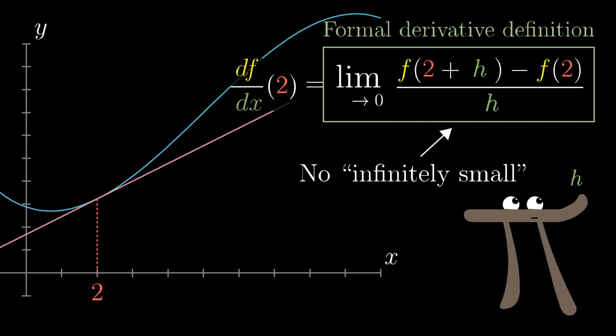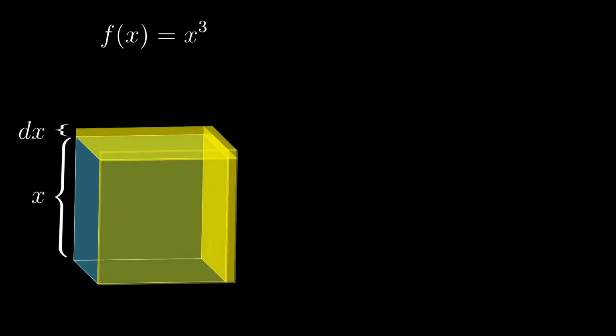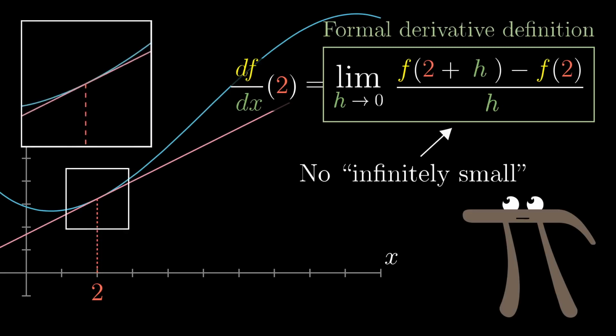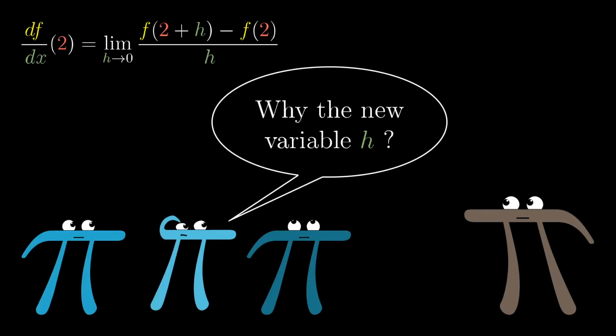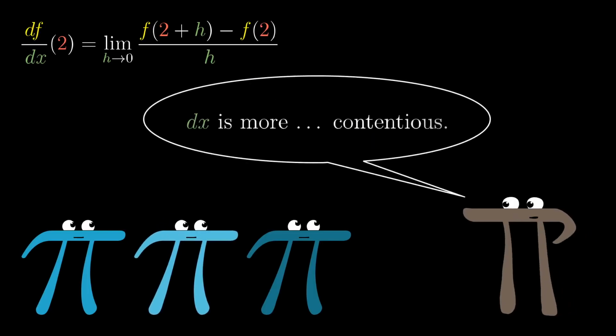This value h is the exact same thing as the dx I've been referencing throughout the series. It's a nudge to the input of f with some non-zero, finitely small size, like 0.001. It's just that we're analyzing what happens for arbitrarily small choices of h. In fact, the only reason that people introduce a new variable name into this formal definition, rather than just using dx, is to be super extra clear that these changes to the input are just ordinary numbers that have nothing